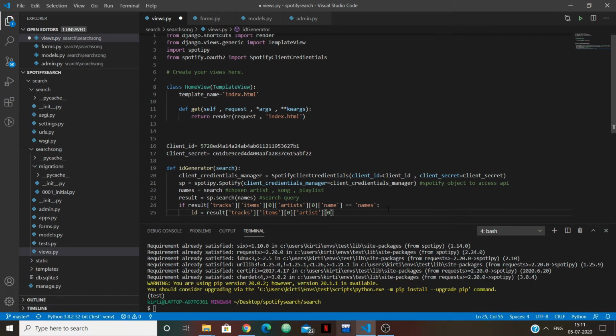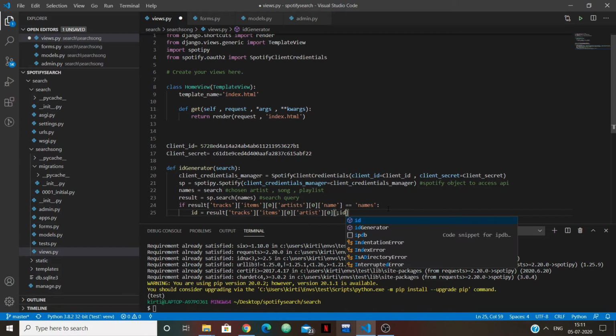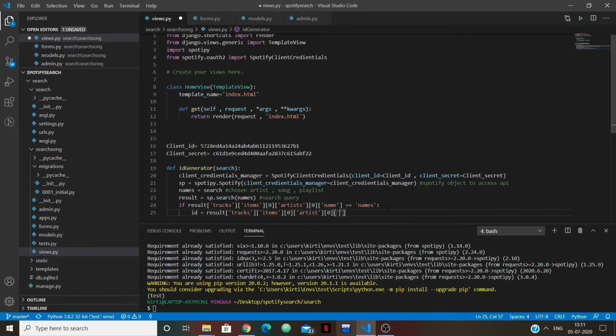Artist 0, then ID. What this says is that if the name of the track, which is the 0th element of the artist array, is equal to the name searched, then please grab the ID of the track which is present in the artist array of the track array. Okay,